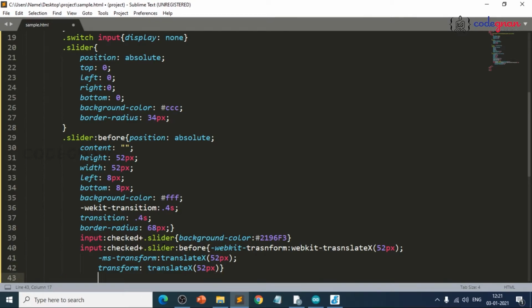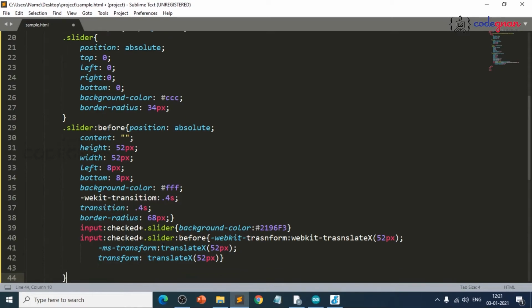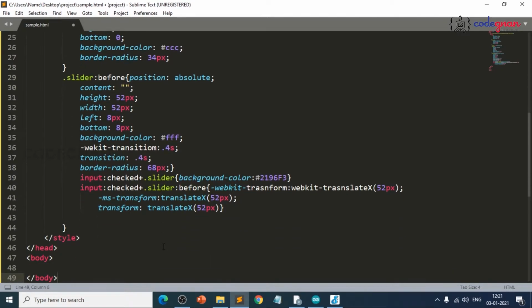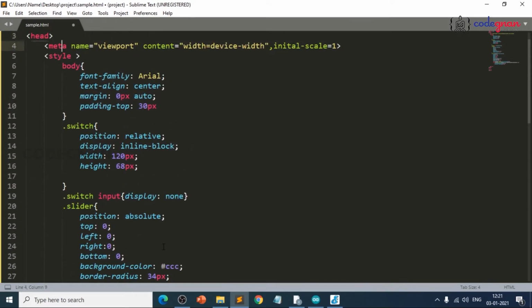Slash, we need to close the style here, which we opened automatically. The style is closed here, so remove this one, and please check every sentence which I have written. Body we have written here, and we have closed here on our padding side. Next, switch we have opened here, and we have closed here. For switch input we have opened, we have closed here.